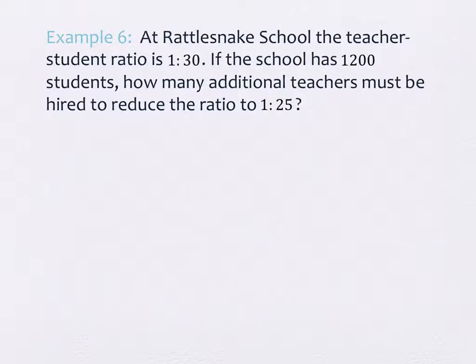All right, let's look at another one. At Rattlesnake School, the teacher-student ratio is 1 to 30. If the school has 1,200 students, how many additional teachers must be hired to reduce the ratio to 1 to